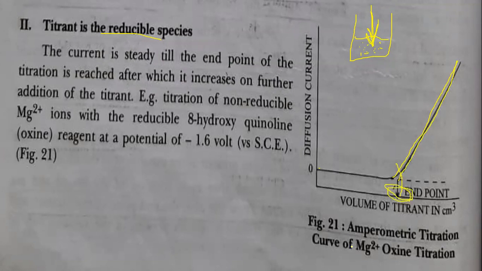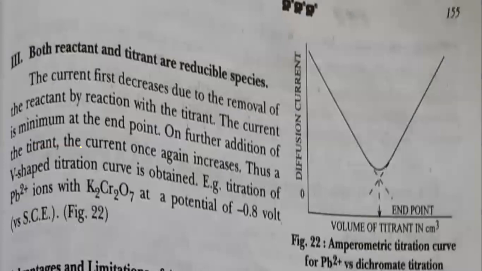So curve of Mg2+ versus oxime. Okay, so they are giving here Mg2+ ion with the reducible 8-hydroxyquinoline, that is oxime. Now both are reducible, means whatever present in the flask, or the reaction solution,